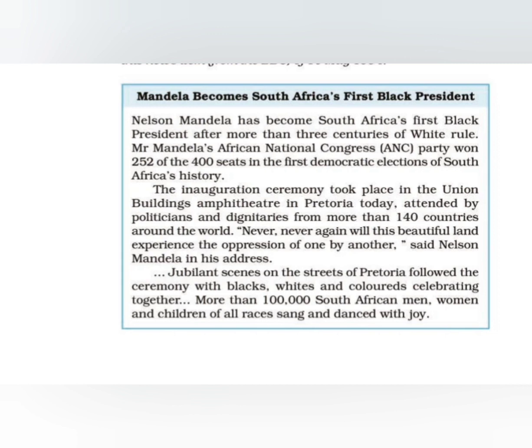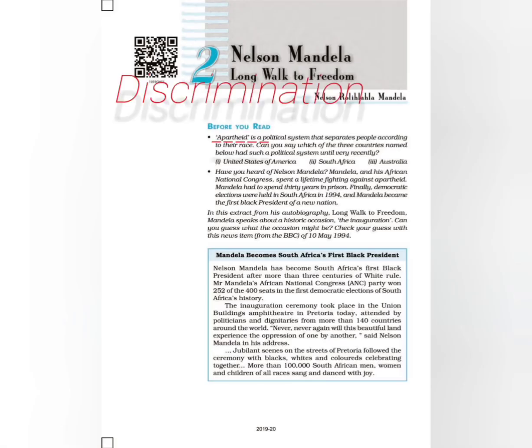Before we read the lesson, we should be very careful about some terms: apartheid, racial discrimination, gender discrimination, white supremacy, emancipation. These are all words we should be very clear about. When you are clear with the meaning of these words, we can easily understand the content of the lesson. Now, the lesson starts on page number 16, but of course on page 17 the actual line starts.